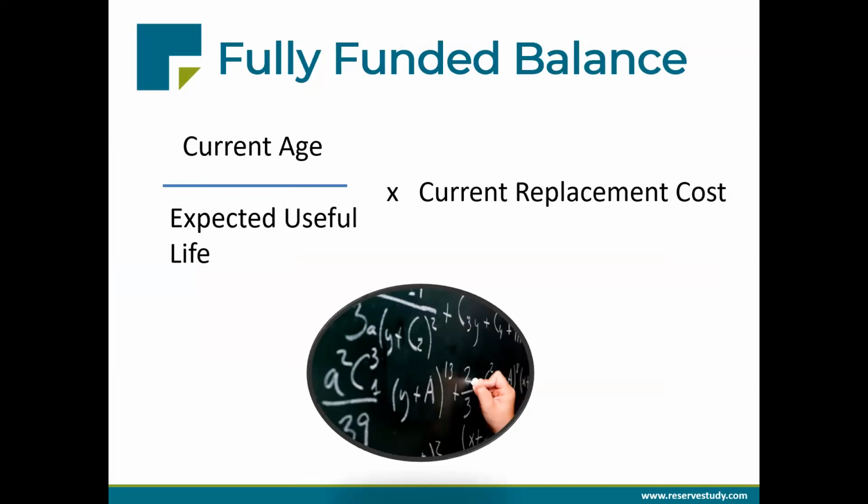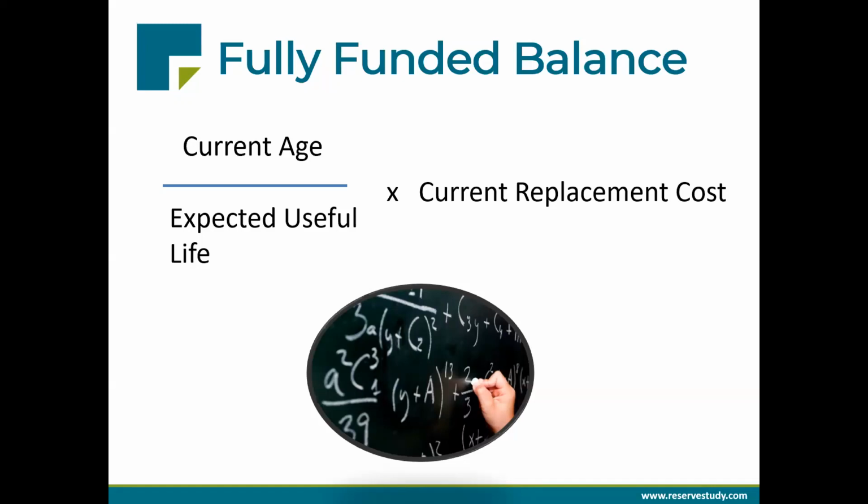Okay, so how do we actually calculate this number? It's a fairly simple idea, I think. Basically, we do it on a line-by-line, component-by-component basis, and then add all those figures together. So first thing to do is look at each component and see how old it is compared to its overall lifespan. That'll give us a fraction. I then multiply that fraction by the current estimated cost of the component, which tells me how much money that client should have today for the eventual replacement of that thing.